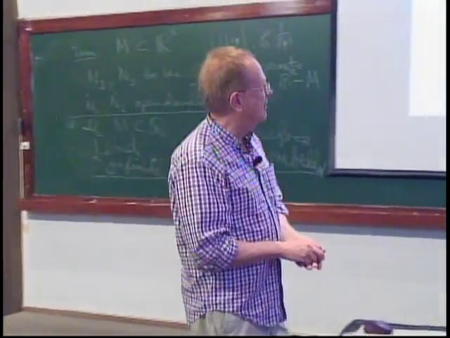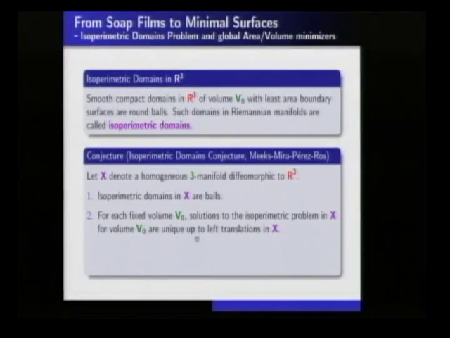So this is really a much more general question. I'm just asking the simple question: when you solve this problem, do you get balls? But maybe the only domains which have constant-mean-curvature surfaces on their boundary, compact domains, are in fact balls. I mean, maybe that's the only way it can happen. But anyway, with respect to the problem, that's one question. Then the question is uniqueness.